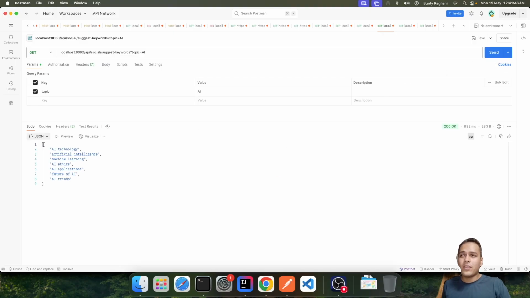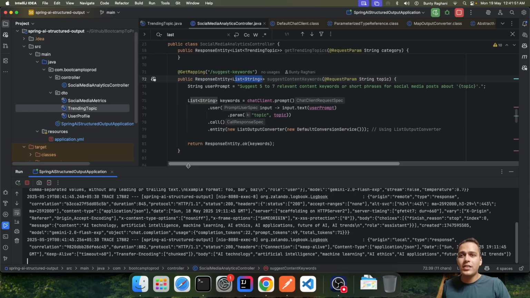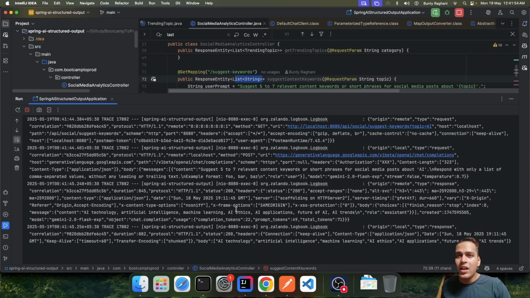Now we are getting the response in the form of a list of strings, which is expected, but behind the scenes you will notice that the response we are getting from the LLM is a list of comma separated strings. Let me just see this, just a second. The response that we have received here,